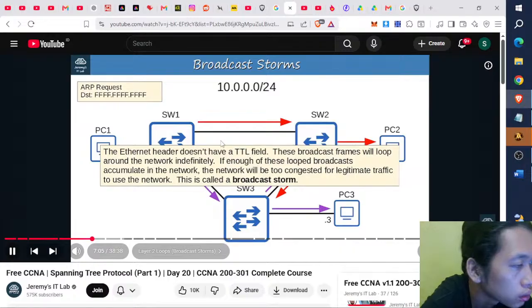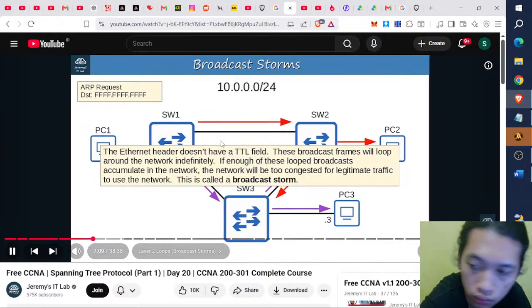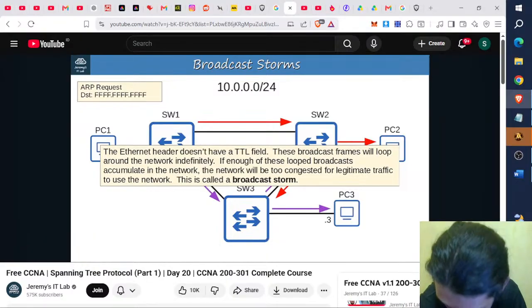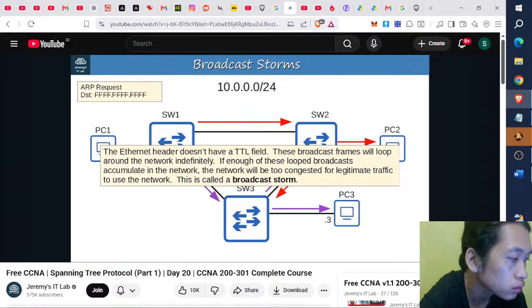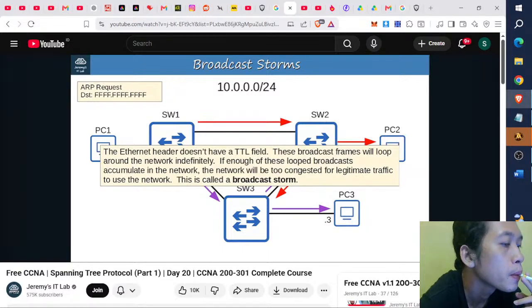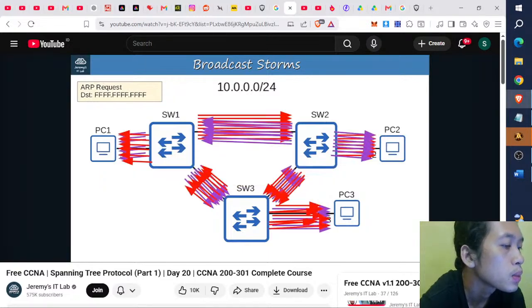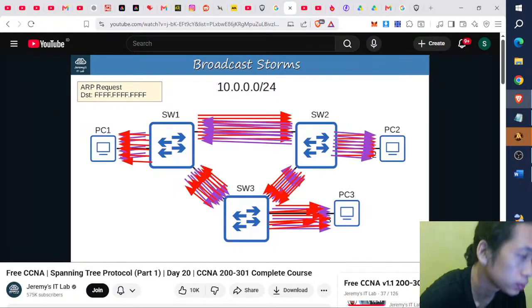If enough of these looping broadcasts accumulate in the network, the network will be too congested for legitimate traffic to use the network. This is called a broadcast storm. Eventually, the network will look like this, so full of looping broadcasts that no regular traffic